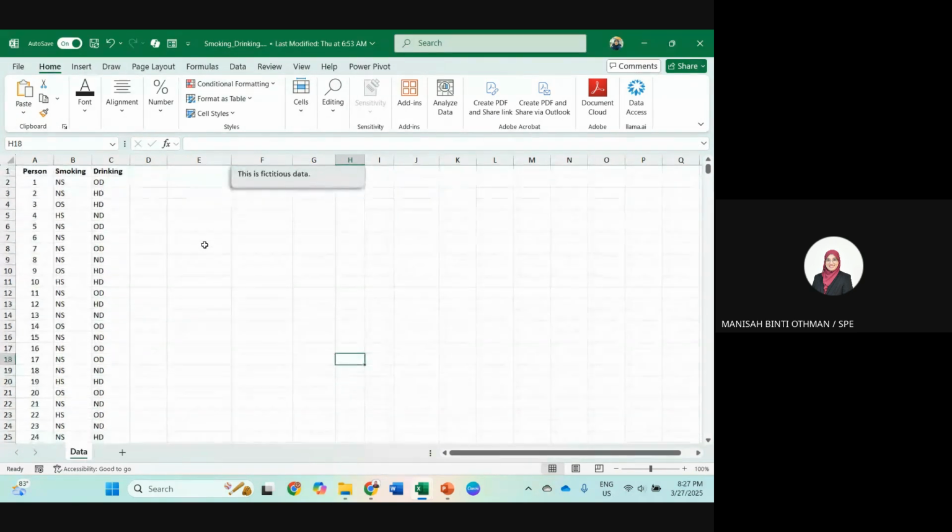The data is about non-smoker, ordinary smoker, and heavy smoker.